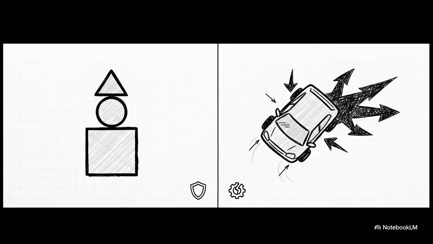But the enemy, and this is how the researchers frame it, are mismatched disturbances. Now this is a really key idea. These are disruptive forces that hit the system in places where its main controls can't directly push back. It's kind of like trying to stop your car from skidding sideways by only using the gas and the brake. You just don't have the right tools for that specific problem.